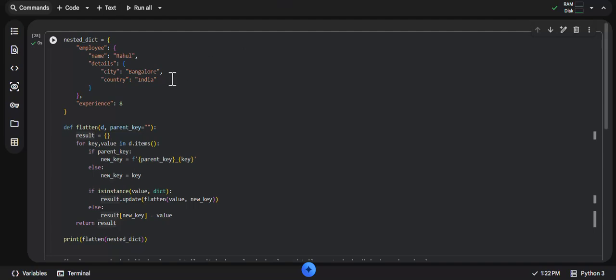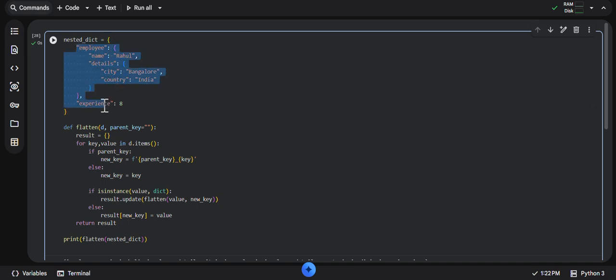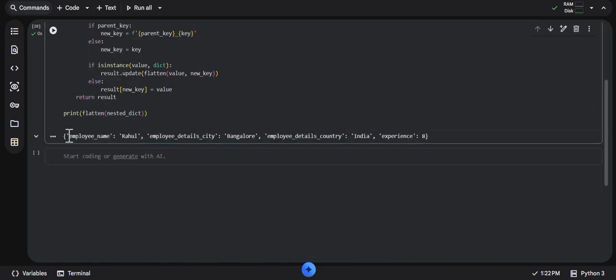How do we flatten a dictionary by keeping its references there? What that means is, I have a nested dictionary. In this, I have employee, and the name and details, and city and country and experience. Now, how would I flatten this particular dictionary in the form of employee name, Rahul, employee details underscore city,